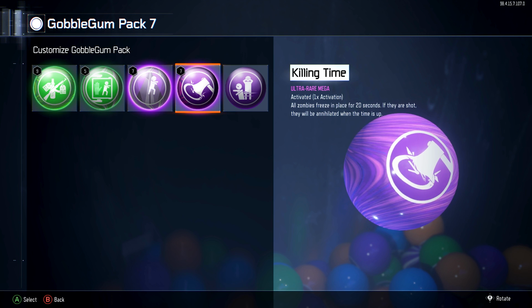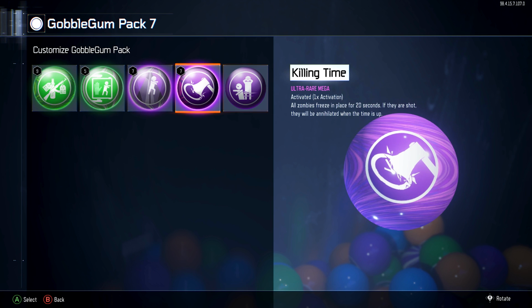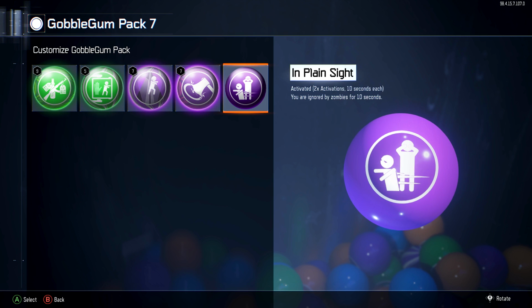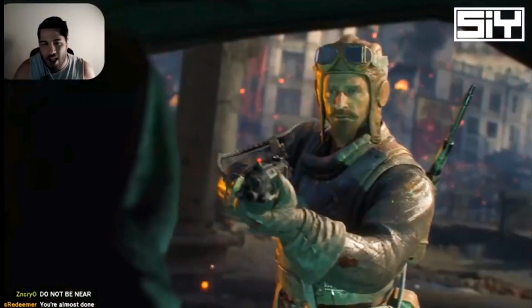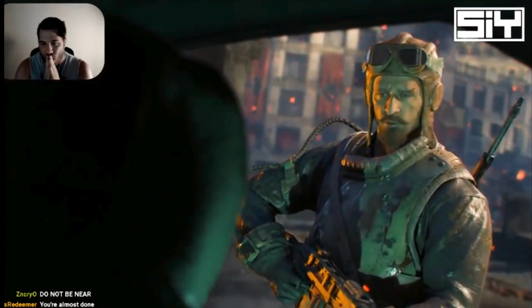These new features allowed players to have brief moments of reprieve. In terms of crawlers, Undead Man Walking became the most valuable, as we saw in the Undead Man Walking glitch that allowed a team to complete the Gorod Krovi Easter egg first. Players were able to mitigate the difficulty of the newest Easter egg steps by using the most overpowered gobblegums possible